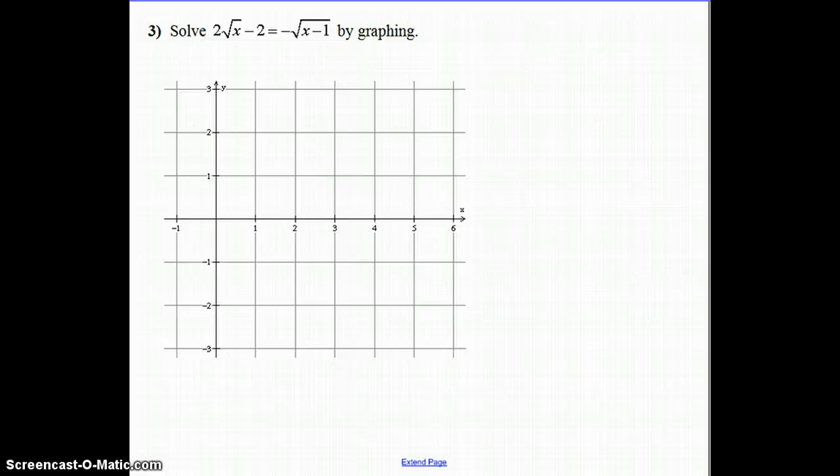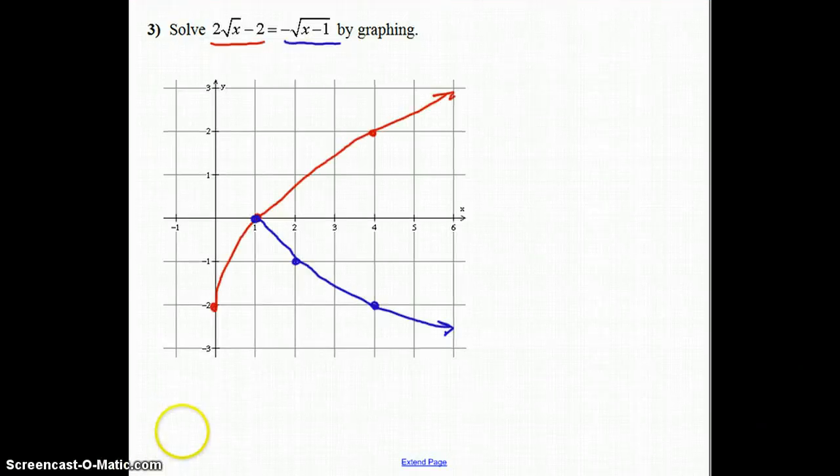Alright, so here's another example, so we're going to pause and do it on our own. Alright, so here's an interesting graph for you. They intersect in one point right here where the blue graph starts, and then they clearly don't intersect again because this one is increasing and this one is decreasing. And they intersect at x is equal to 1,